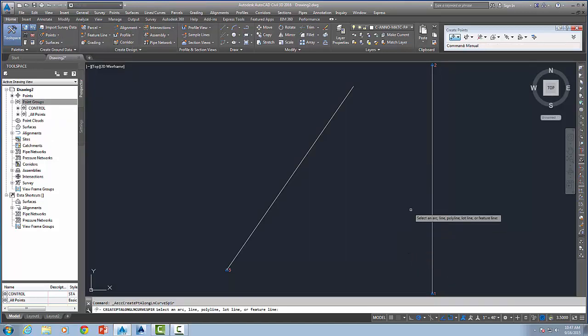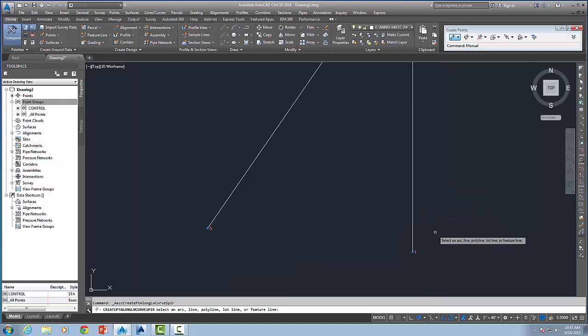So what I'm going to do is select it. Now I want to select it close to the point where I'm measuring from. So in this case it's near 1. Notice my little glyph, that yellow X that shows up, and that's showing me, hey, you're sitting at that point. That's good. So I could actually just show it a distance by dragging, but I want to be specific, so